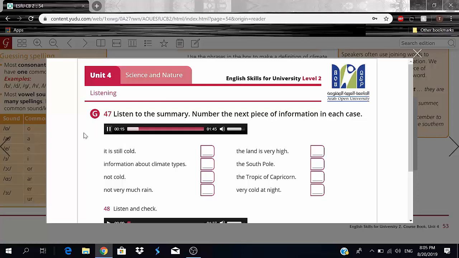So, to sum up, in this lecture, we have heard a definition of climate and